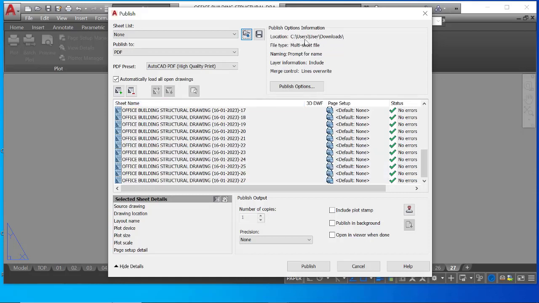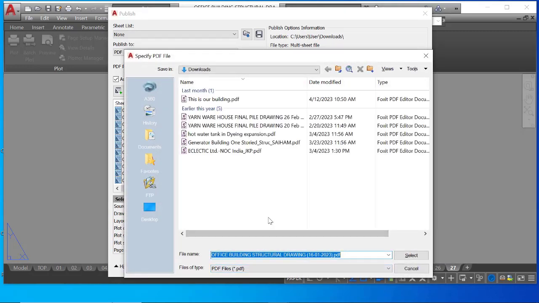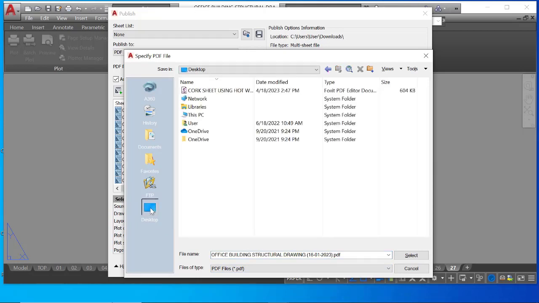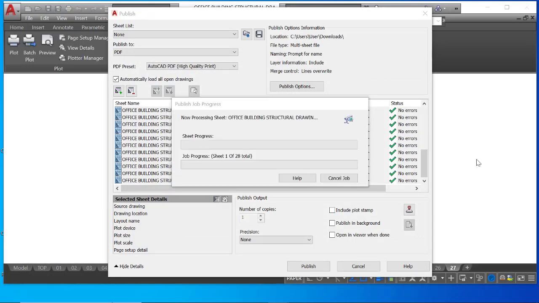Select the file location, click the Select button, it's processing for making the merged PDF file.